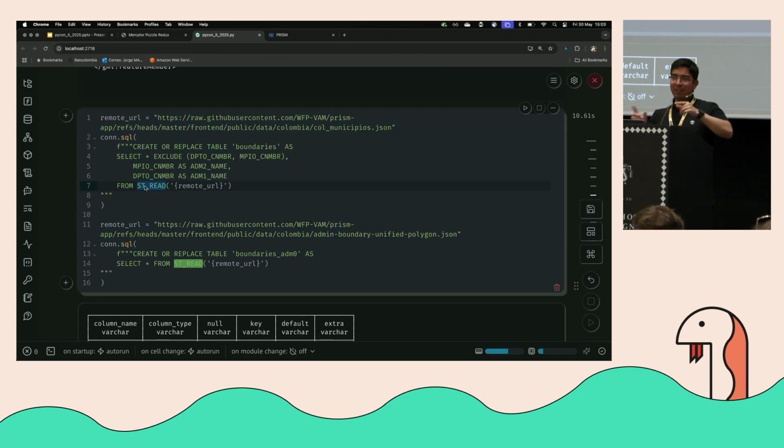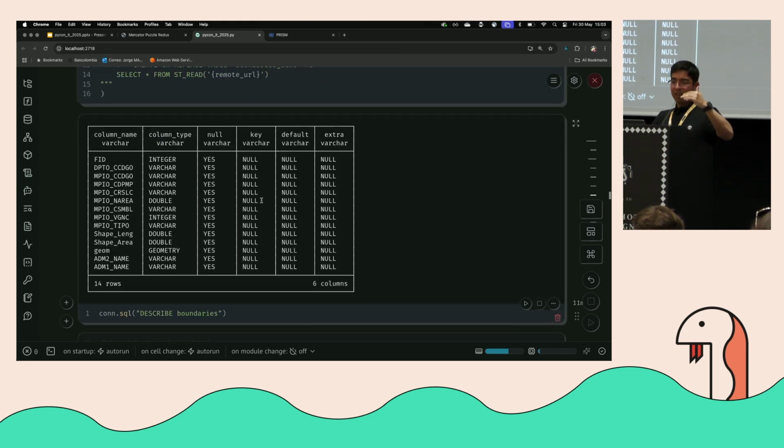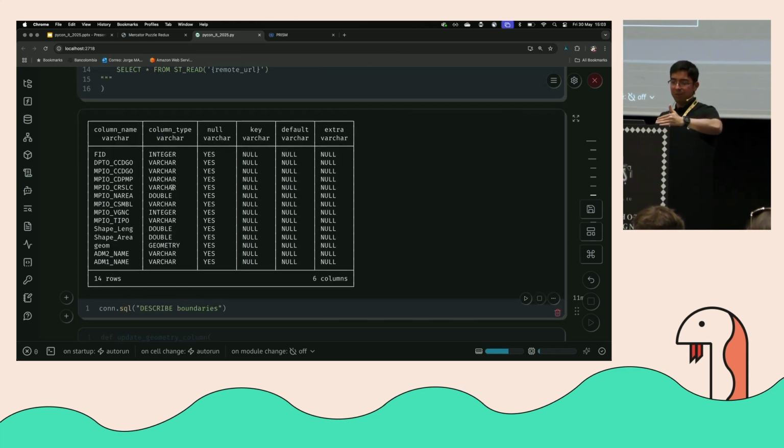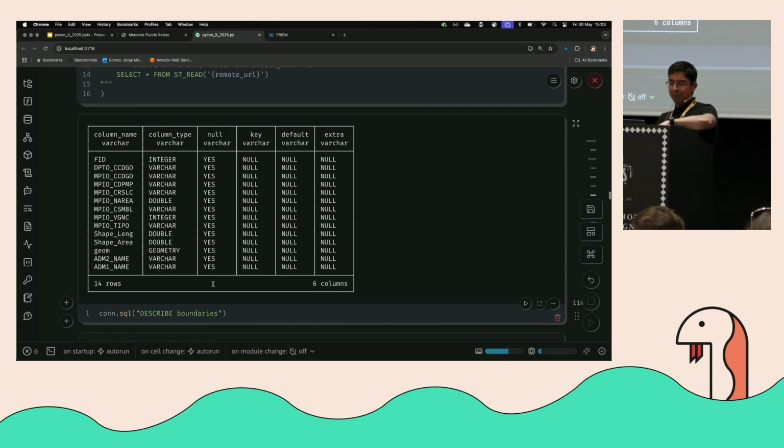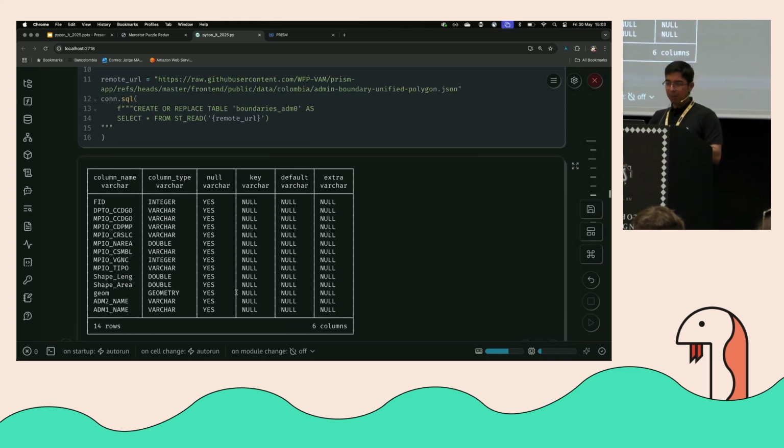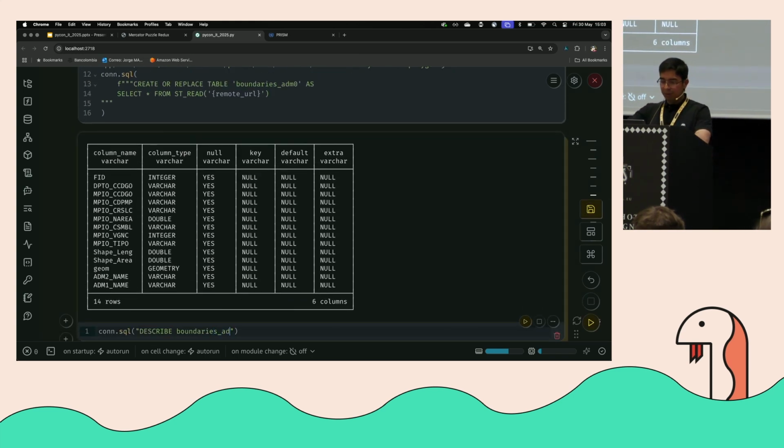Internally it checks the format, parses it automatically, and creates the table. I have two URLs, one for municipalities, which is admin2, and another for admin1. I create the tables and then see what data is inside. This is the case for boundaries, which is admin2, but if I switch to admin0,